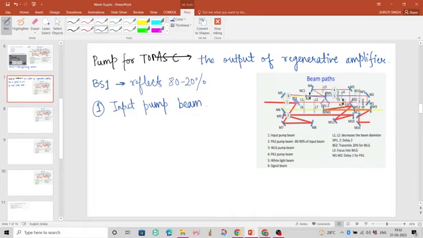So 80% or 90% goes in this direction and is reflected, and only 10 or 20% is transmitted. So BS1 reflects 80 to 90%, and